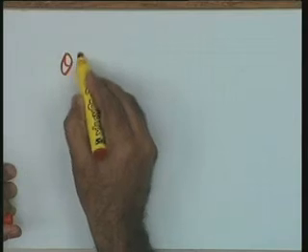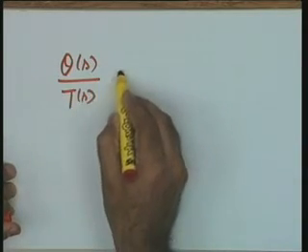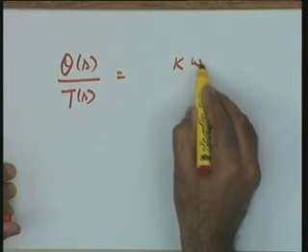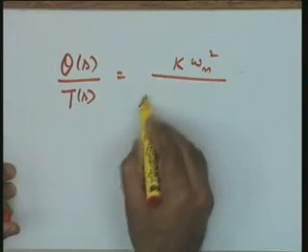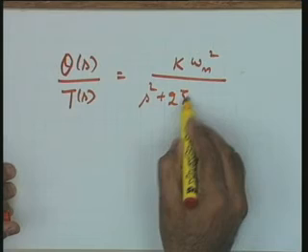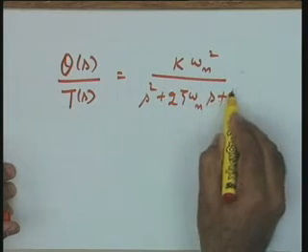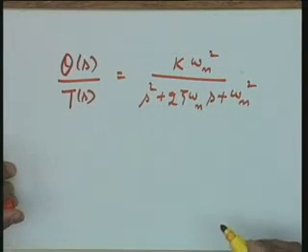So, as I said, to study the parameters zeta and omega n, I like to take the response of the system. Having given you a couple of examples, I really will not like to take the complete response of the system and have too much repetition. Since you already know, I like to put it in the final expressions only. Theta s over T s is equal to k omega n squared over s squared plus 2 zeta omega n s plus omega n squared is the expression.